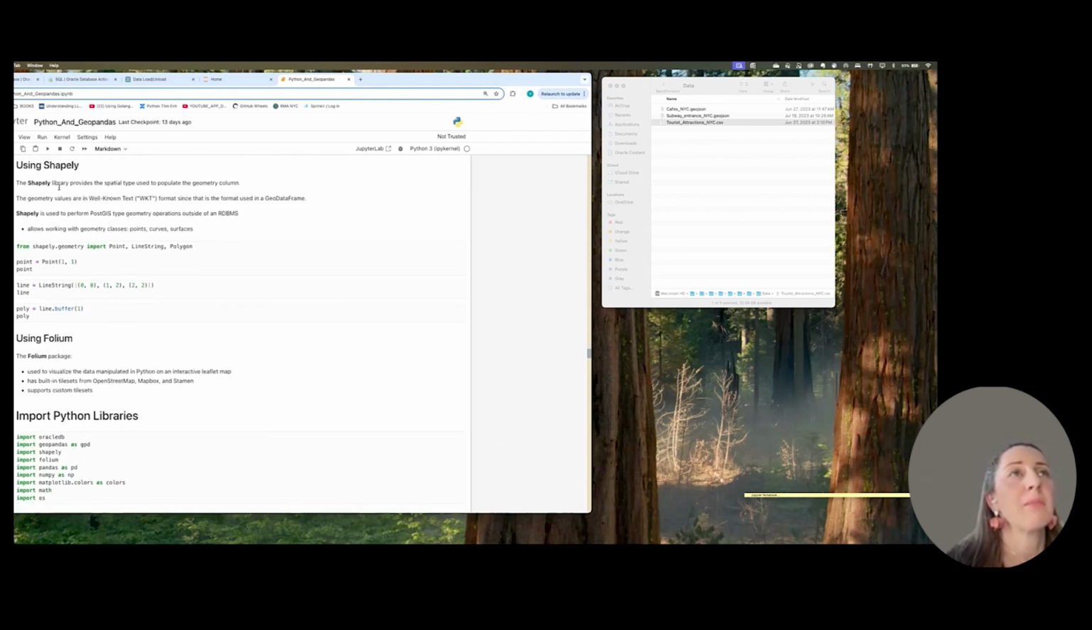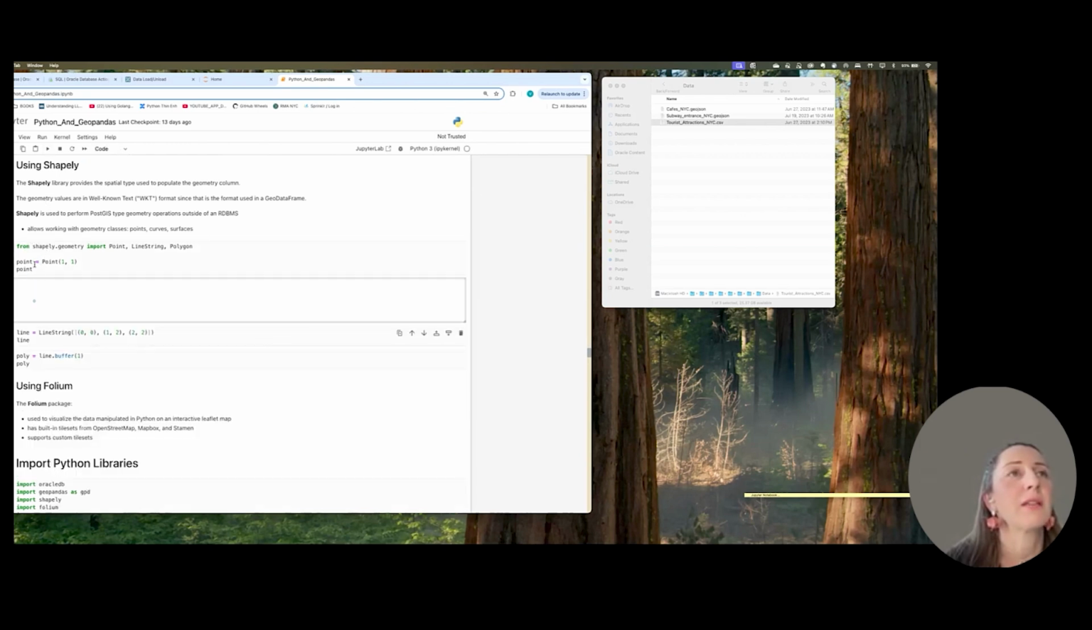I'm giving some examples here using Shapely. Let me see how much time I have. 20 minutes. Okay, I'm keeping an eye on the clock. So I can show you how Shapely can shape some of those geometries. In this case, I'm just plotting a point. You see just a dot over there, and then